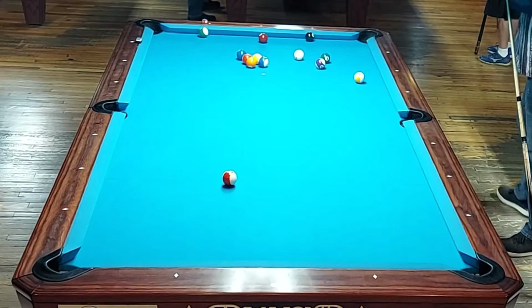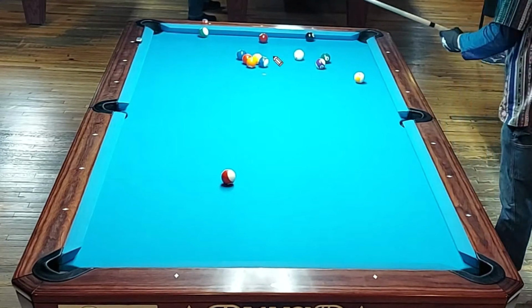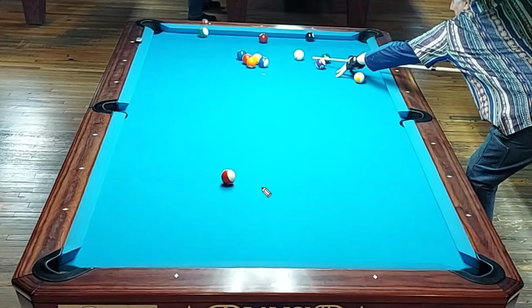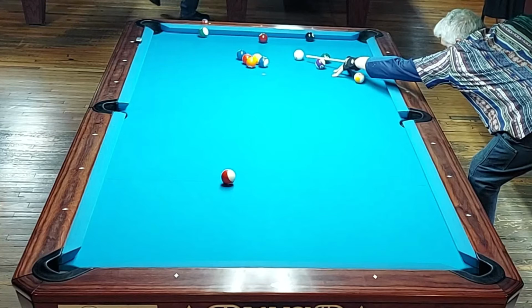When you look at the table, I have 2 shots. I have the 11 or the 14, but no one's going to shoot the 11 from here. I have 1 shot. What do? I want to pause this real quick. I notice right away